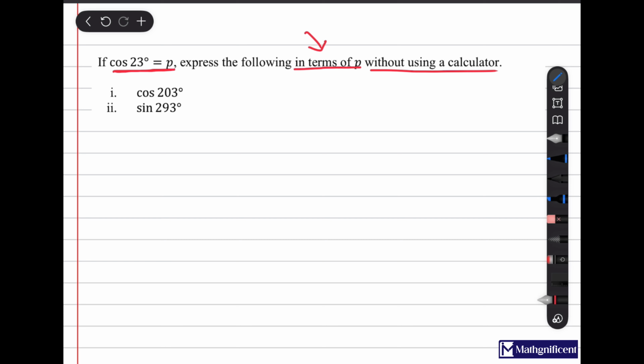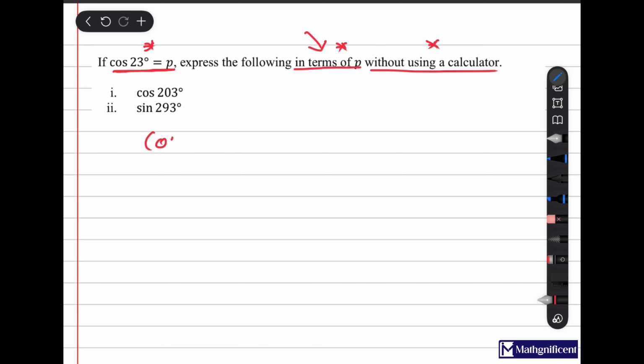So now we know that we are going to use the diagram. What are the clues? We have to write this in terms of p. You don't have to use a calculator. Then we are given our trig equation in this form. So we know that we have to draw a right angle triangle, right? But the very first thing that you have to do before we draw a right angle triangle, remember